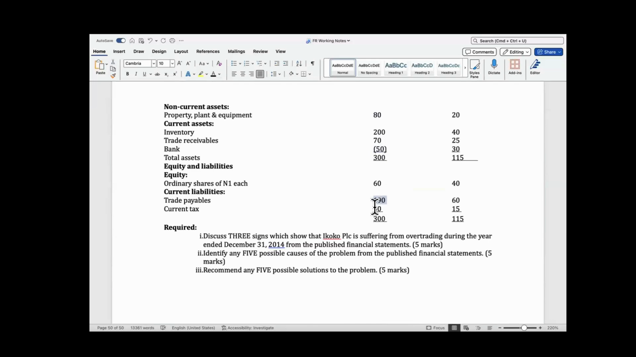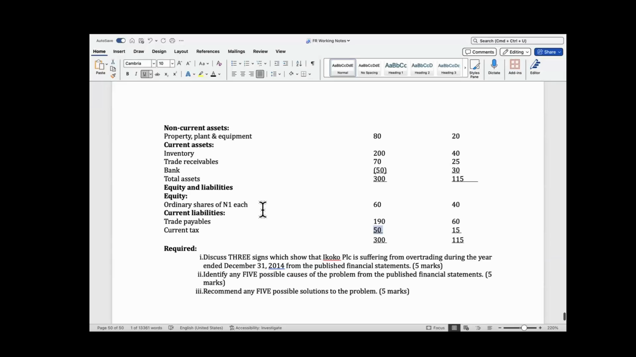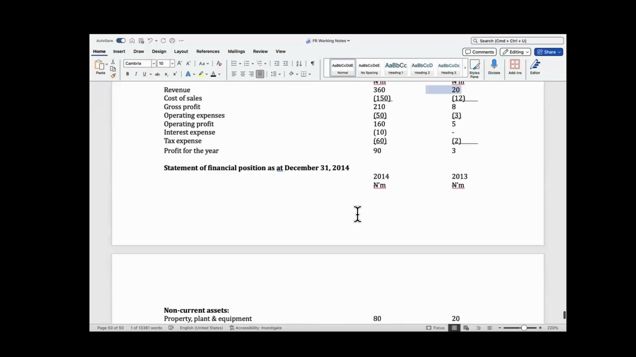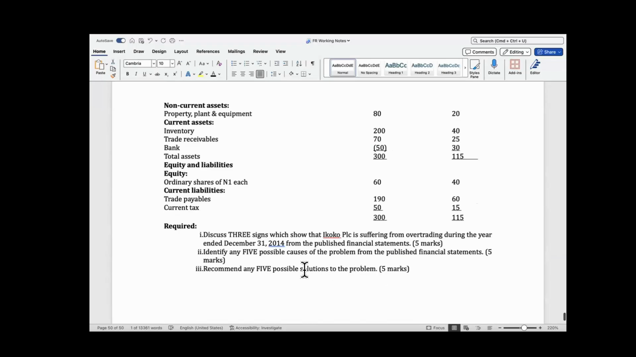And this is 190, 50, this is 240. So it's a negative 20. But they just asked for three signs. So there are a lot of signs here showing that this guy is overtrading. Signs from all these sharp increases, negative working capital signs, and all that. So what are the causes of